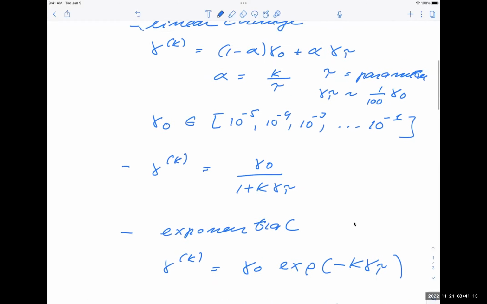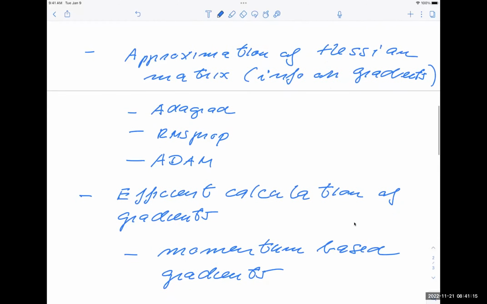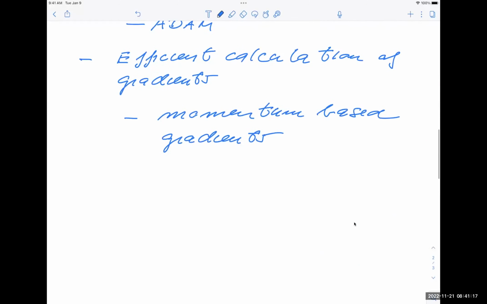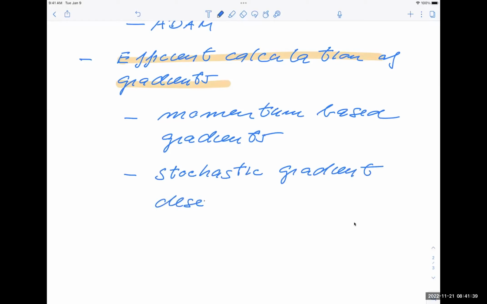So we have ways of adaptively changing the learning rate, but then we also have efficient calculations of the gradients, which is the other major topic. And there are two central methods which you will encounter. So the second one is actually something which is called the stochastic gradient descent. And we are going to spend some time on both of these methods today. Let's take a look first at the momentum-based gradient descent,